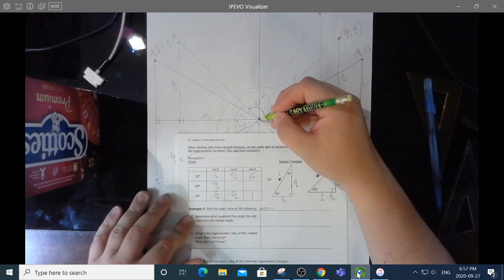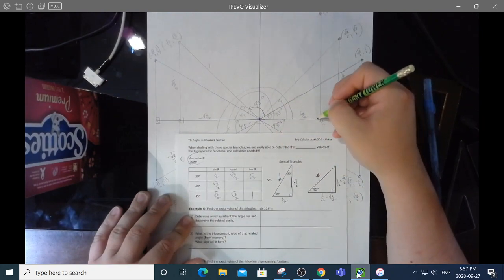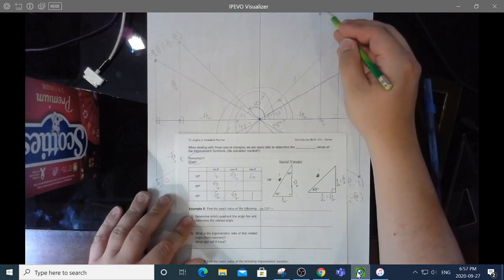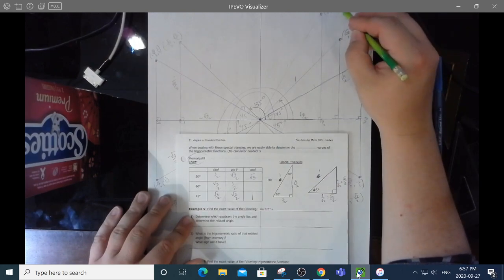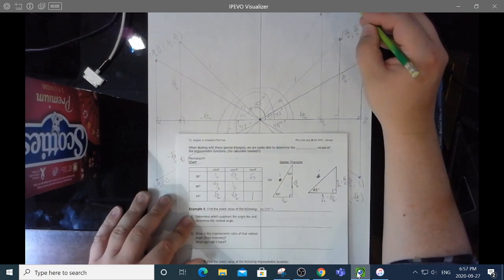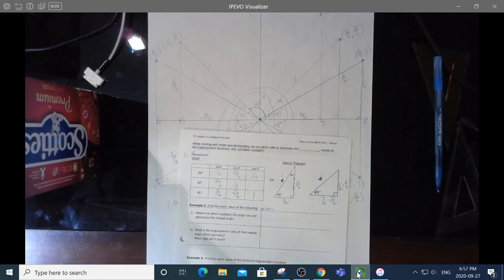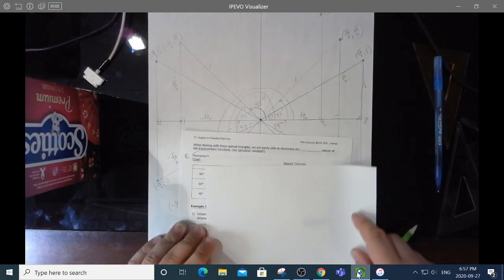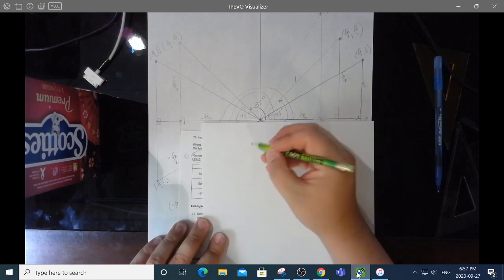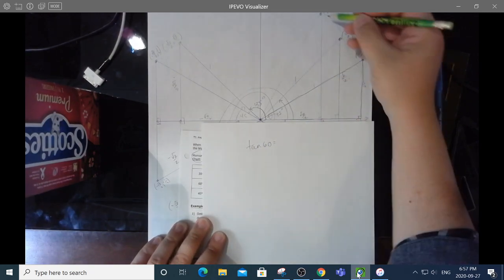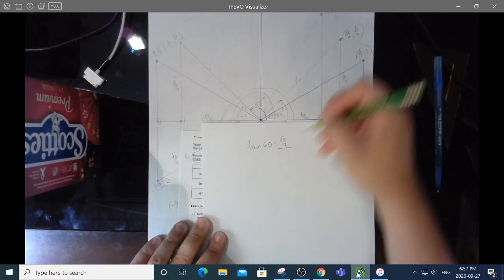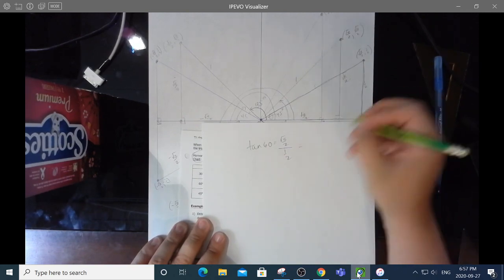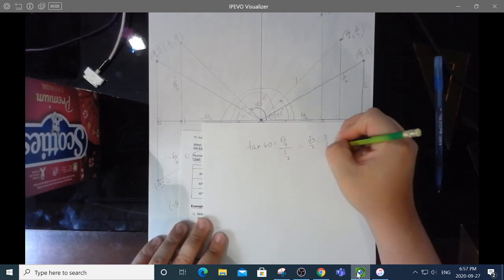And look at the adjacent. The adjacent goes from here to here. That's 1/2 divided by 1. And the tangent is opposite over adjacent, right? Let's take a piece of scrap paper and do that. So for my 60 degree angle, the tangent of 60 would be the opposite, which is root 3 over 2, divided by the adjacent, which is 1/2, which is root 3 over 2 times 2 over 1, which is root